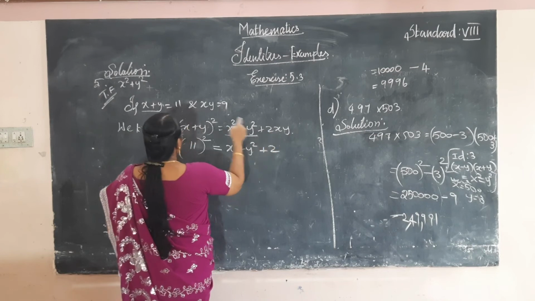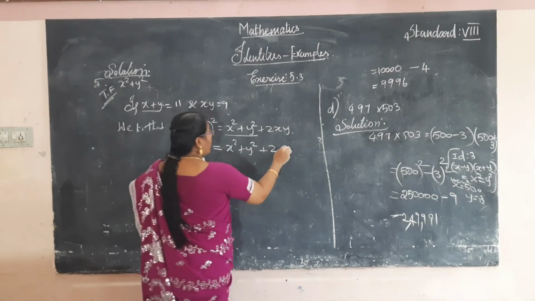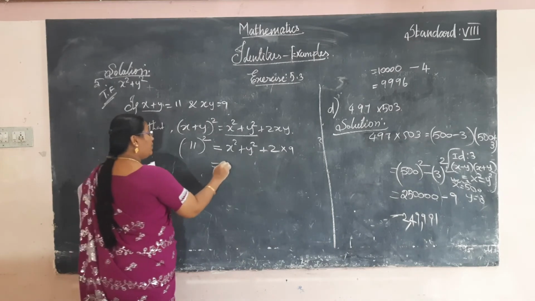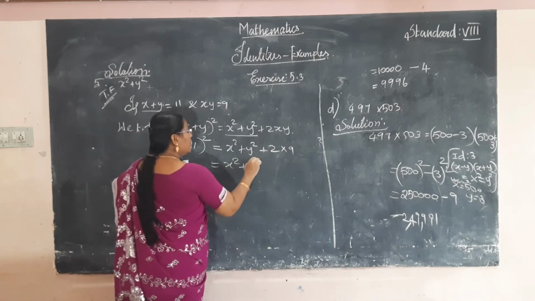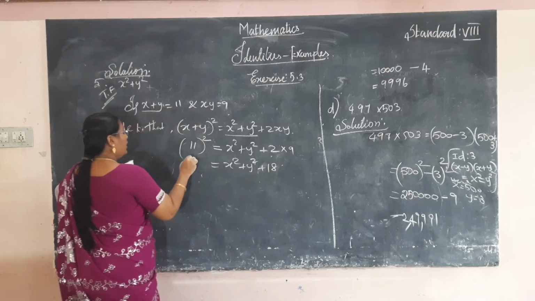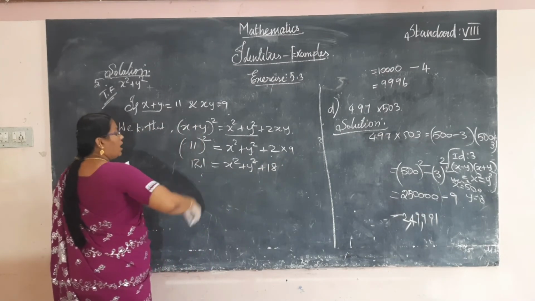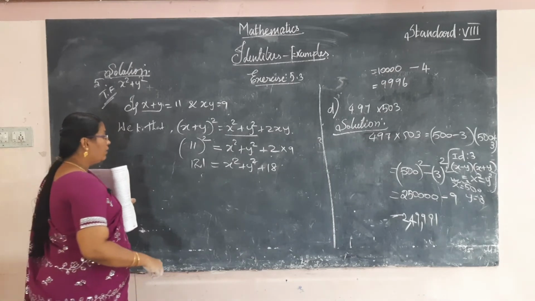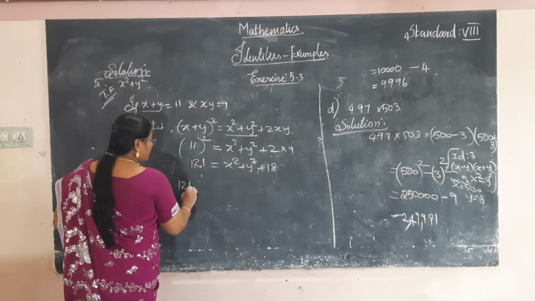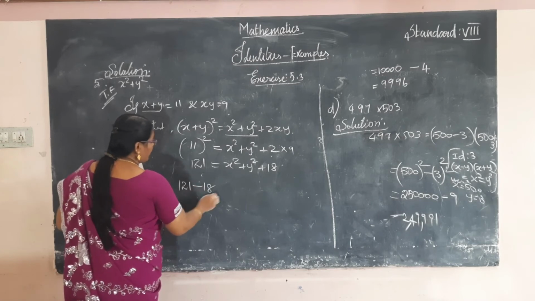And then what is the value of x, y? X into y value is 9. Okay, now multiply 2 9s are 18. Okay, here 11 square is 121. Now plus 18 comes to this side, we get minus 18 in this place.